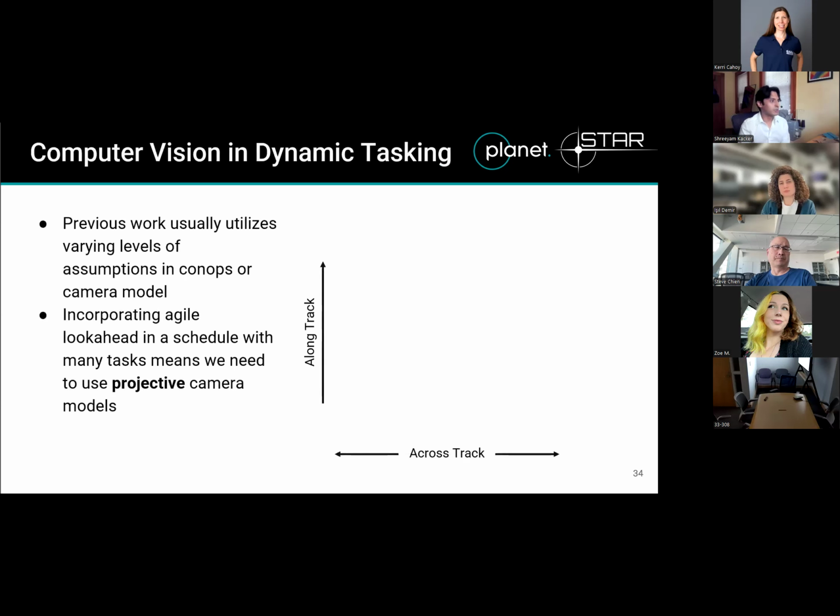All right, so now I'm going to talk a little bit about computer vision and the assumptions that have gone into previous dynamic tasking work. Previous work usually utilizes varying levels of assumptions either in the concept of operation, for example assuming your spacecraft is at nadir when it's overflying all its tasks, or it makes some assumptions specifically in the camera model. So Damiani in 2005 made assumptions in both of these. He assumes that the spacecraft is always at nadir when overflying a task,